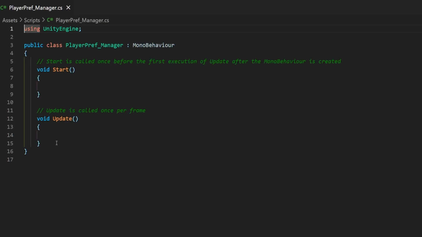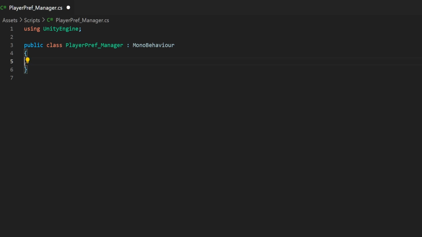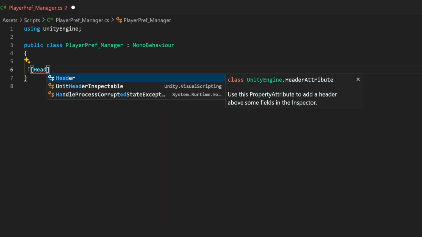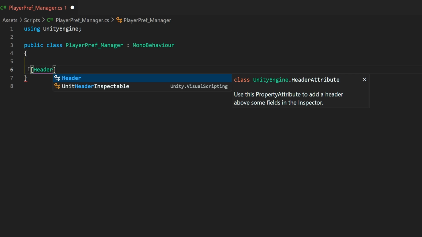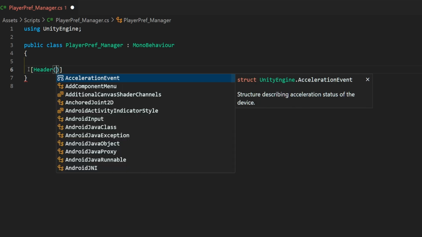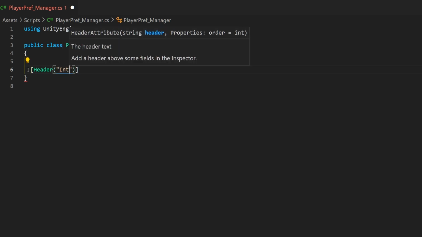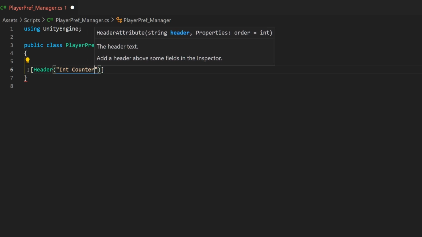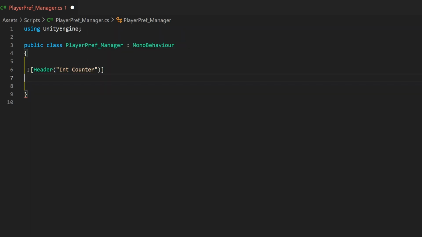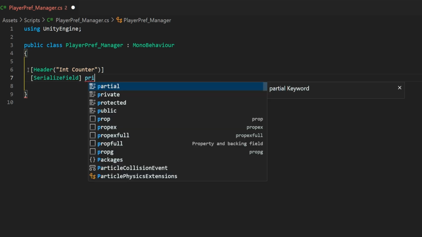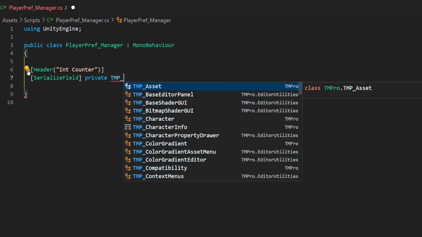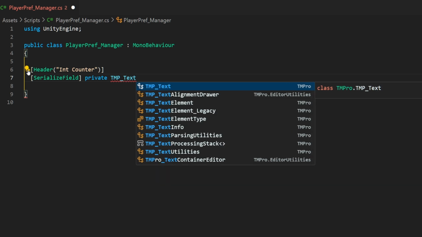And we don't need this Start or Update method, so I'm going to go ahead and delete that. To make this a little bit organized, I'm going to be using headers. That way we can see it in the inspector. The first one we're going to make is Header, parentheses, then in the parentheses, you're going to have int counter. There we go. And then under this is going to be the [SerializeField] private TextMeshPro_Text